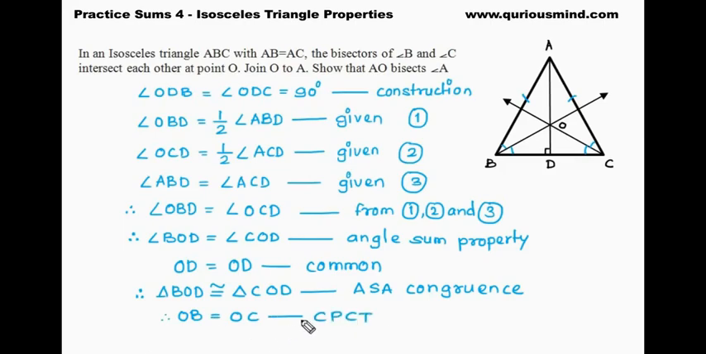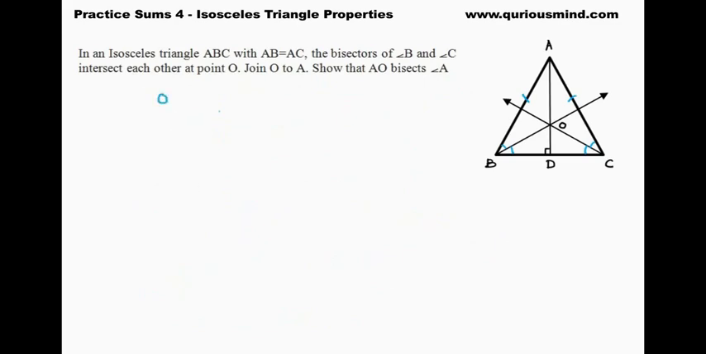So we have proved OB is equal to OC, and now we are going to shift our attention to triangle AOB and triangle AOC. For that, I'm going to erase this, and I'm going to only write what is required, which is OB is equal to OC. I'm just writing OB is equal to OC, which we have proved using CPCT. Okay. Now in triangle AOB, we know